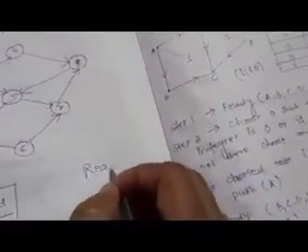Remember, in both techniques, two things you have to remember. First, the adjacency list. Second, the states of nodes. Here we have three states: one is the ready state, another is the waiting state, another is the processed state. During the algorithm, I will explain how to change the states of nodes.